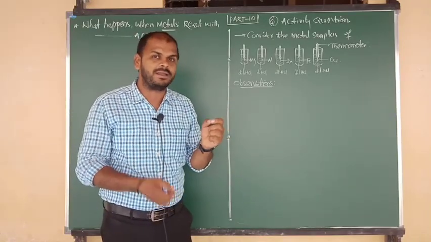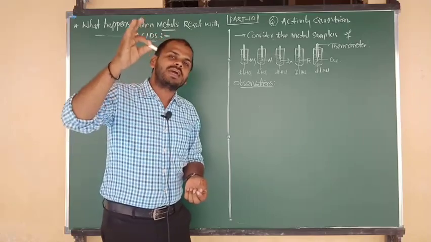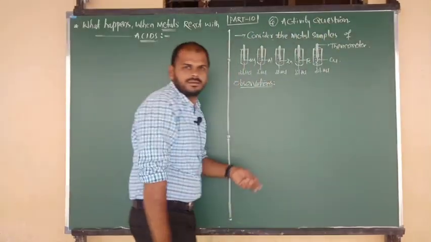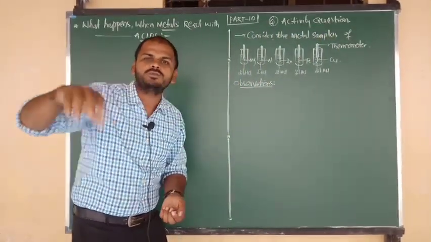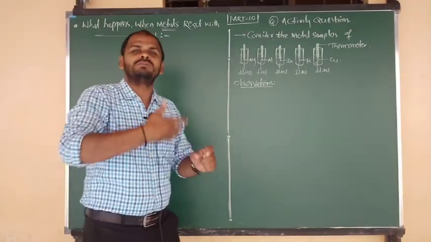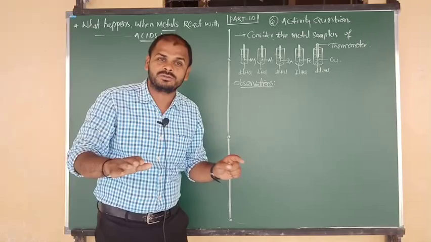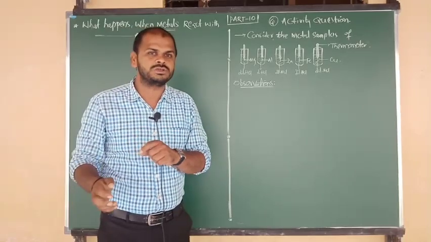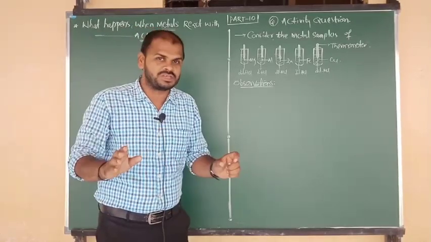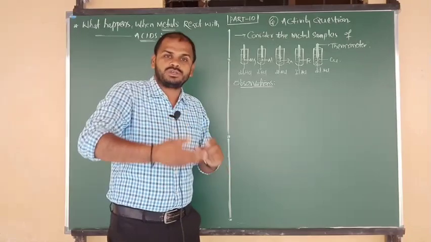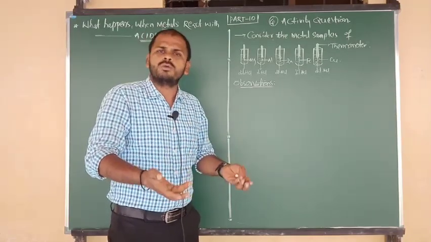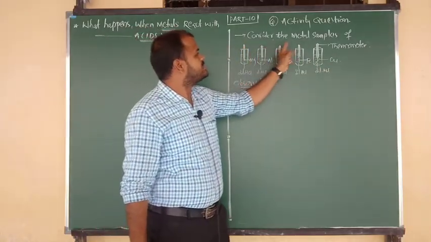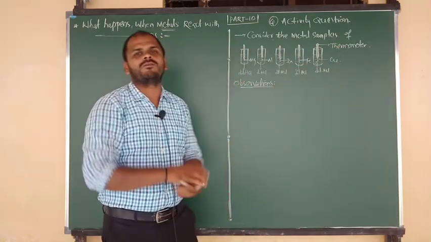And also in this experiment, we have to do one thing. We have to select 5 thermometers. Into each test tube, we have to suspend a thermometer, to know which reaction is more exothermic and which reaction is not exothermic, meaning in which reaction more heat energy is released, in which reaction low heat energy is released, and in which reaction heat energy may not be released. To identify the rate of reaction, the speed of reaction, more heat means more speed of reaction. To identify that only, into all 5 test tubes we are suspending a thermometer.